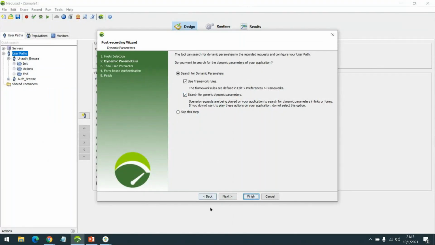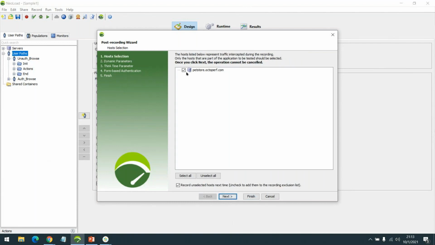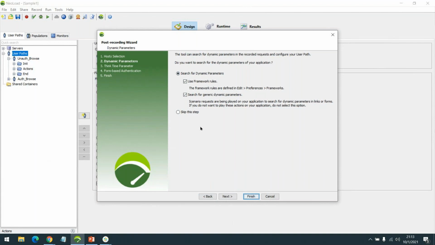So to continue, after this we will get this page, which is dynamic parameters. What this does is it will search for dynamic values, and then it tries to automatically correlate them.